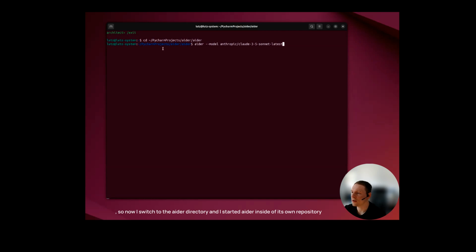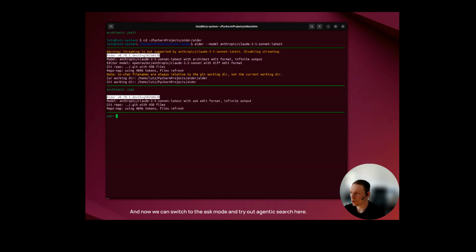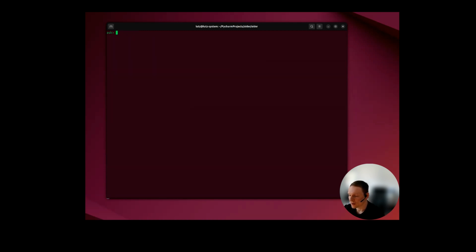So now I switch to the Aider directory and I started Aider inside of its own repository. And now we can switch to the ask mode and try out agentic search here. The problem now is that the MCP Bridge is not aware of the directory here because the AI assistant Aider is now running inside of this directory. But if we use an MCP server and if we use the probe search abilities, it does not know where to search. The best way to overcome this is to just attach a message about what is our current directory,